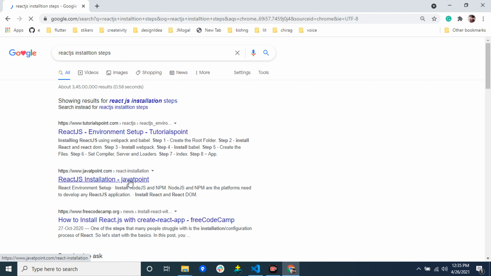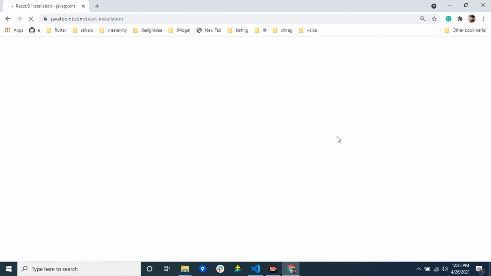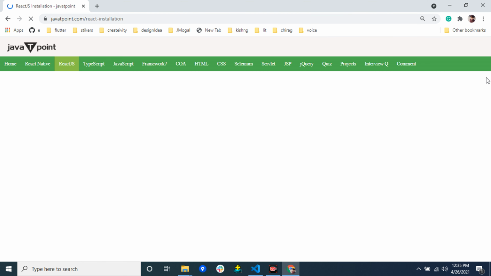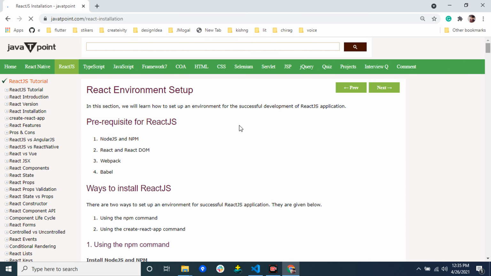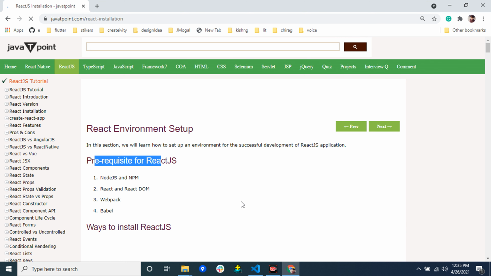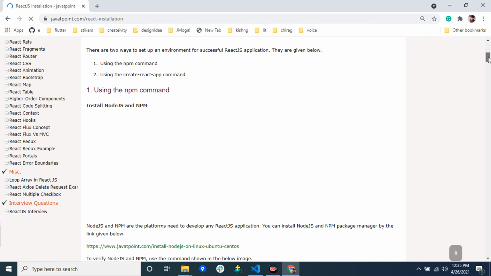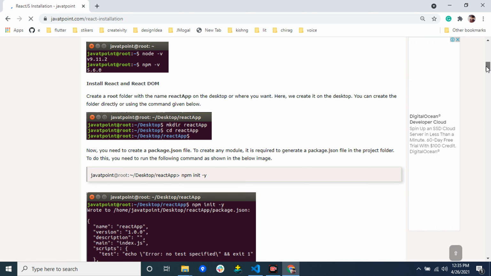Here Java point is popular, so you can simply search for Node.js and npm, which is typical. Simply install Visual Studio and Node.js.